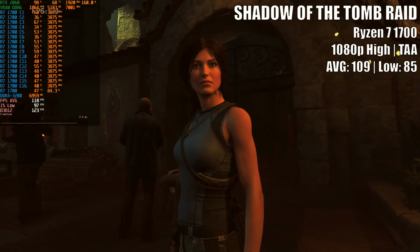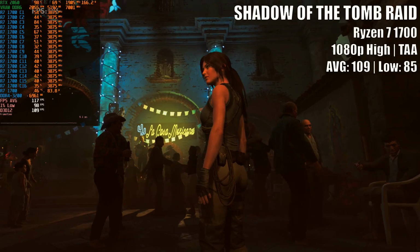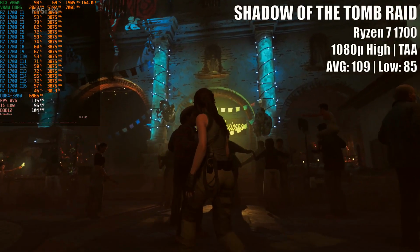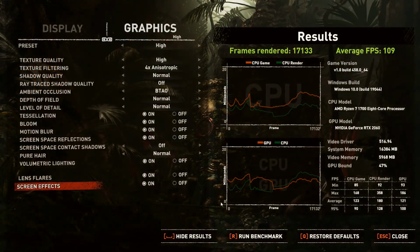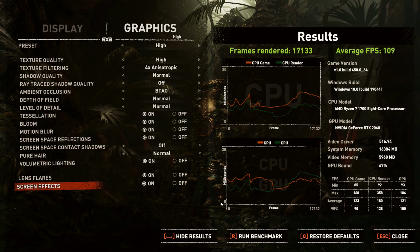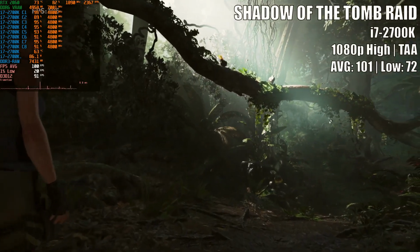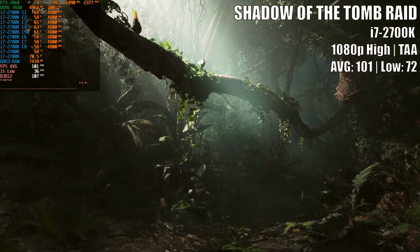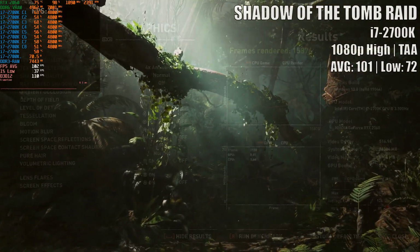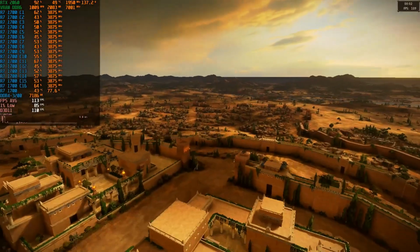At 1080p and high preset, the R7 1700 had no problem at all providing a pretty smooth frame time, with the lowest FPS staying above the high 80s. Even though a bit behind on the rendering tasks, the CPU worked almost hand in hand with the GPU. The i7 2700K did its best, but at times barely could hold the 1% low above 20 FPS, giving occasional stutters here and there. The R7 1700 was the clear winner on Shadow of the Tomb Raider,